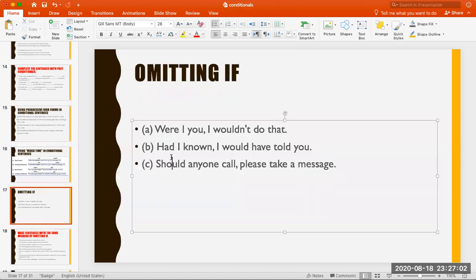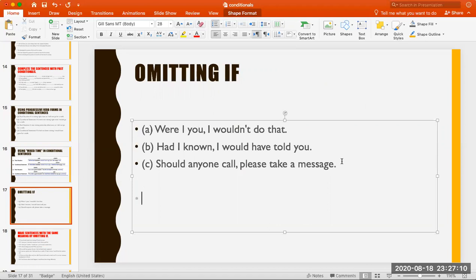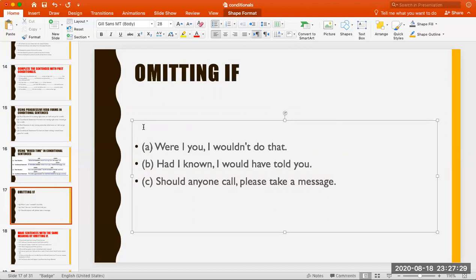Now, remember, I mentioned this before. Sometimes we can delete if. Remember, if is a subordinator. You don't just simply delete if. If you delete if, you have to change something in the sentence. This is something called, again, subject verb inversion, where you bring the verb, the modal verb, the verb to have before the subject. So the first sentence here, this one, is originally, if I were you,